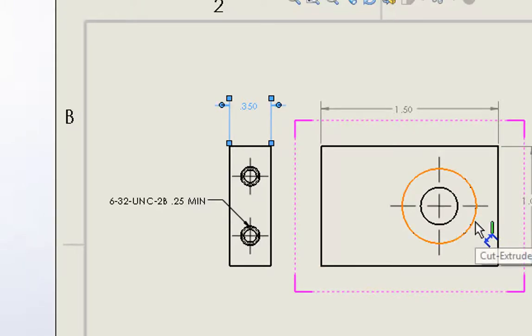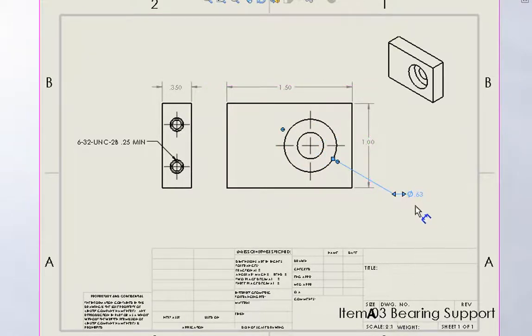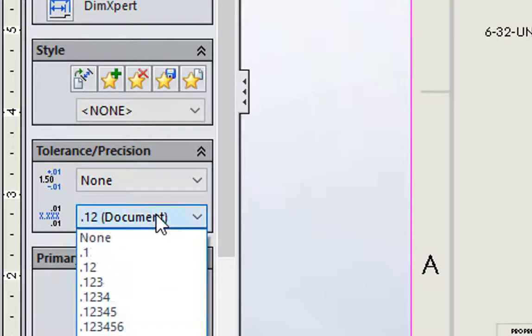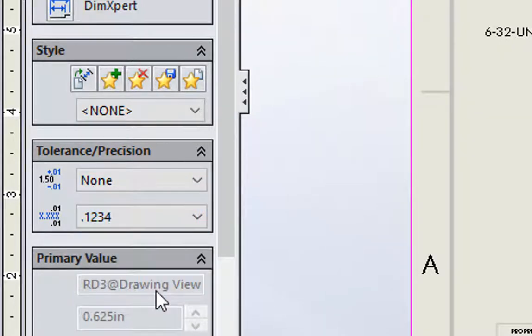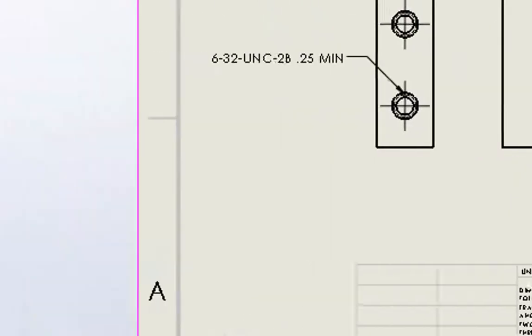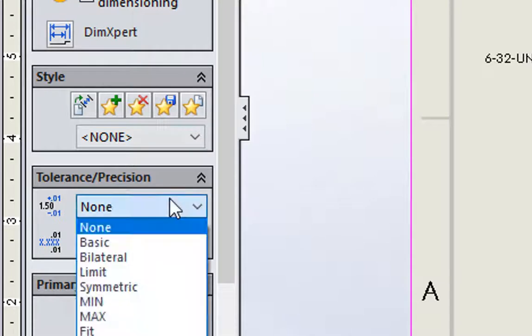And then the next dimension I'm going to get is this bore. So this bore is actually a really tight tolerance. It's supposed to be .625 minus 0.5 thousandths. So I'll show you how I'm going to do that. First of all, I'm going to make this a 4-place decimal, and so now it says .6250. And then I'm going to select that I want this